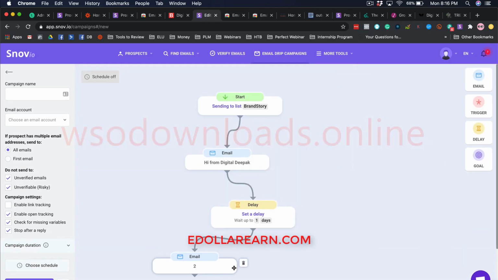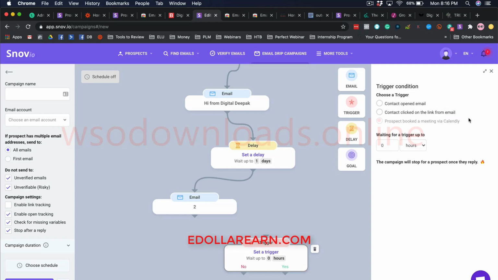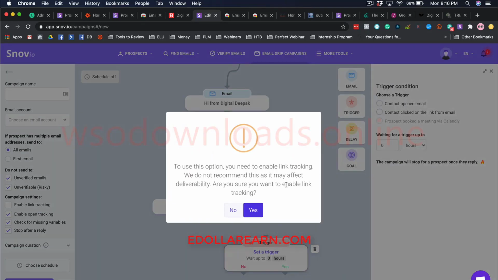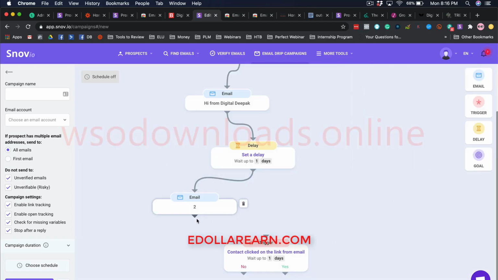And what I want them to do is click a link on the email, so that I can put in a trigger. So: contact has clicked the link on the email, and I can wait up to, let's say, 1 day. I can give them 1 day to click a link on the email, and this goes to the trigger, and then I can put a goal.